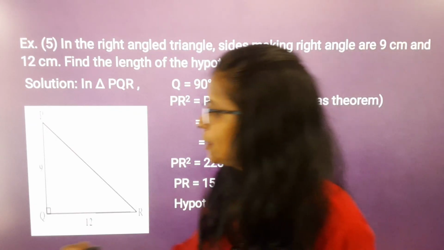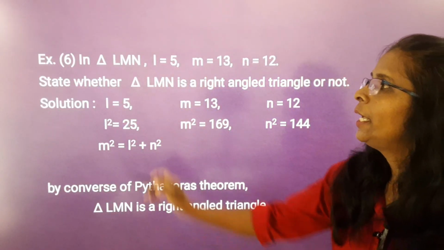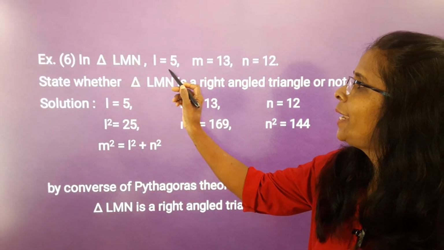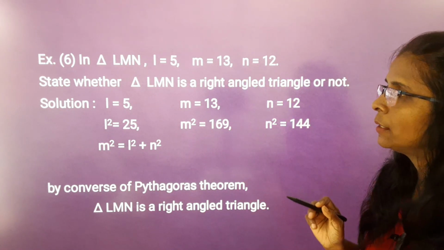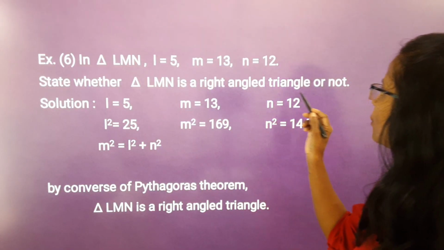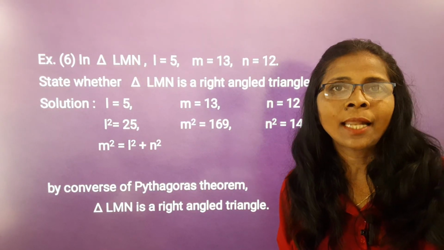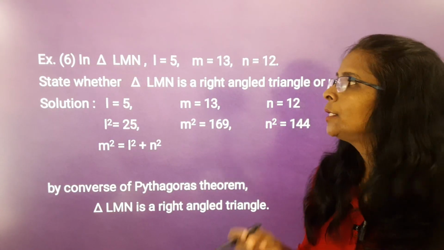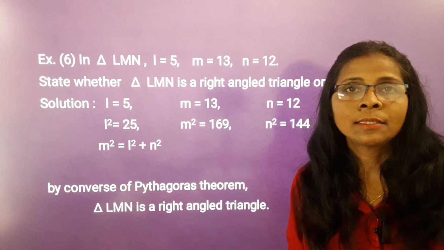So now let us study the next example, students. In triangle LMN, L is equal to 5, M is equal to 13, N is equal to 12. State whether triangle LMN is a right angle triangle or not. We have to prove whether triangle LMN is a right angle triangle, and here are the given values of L, M, N, that are the sides of the